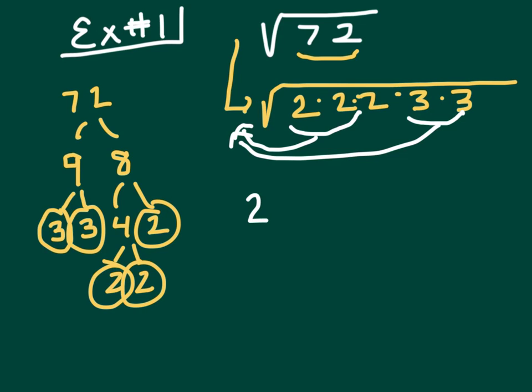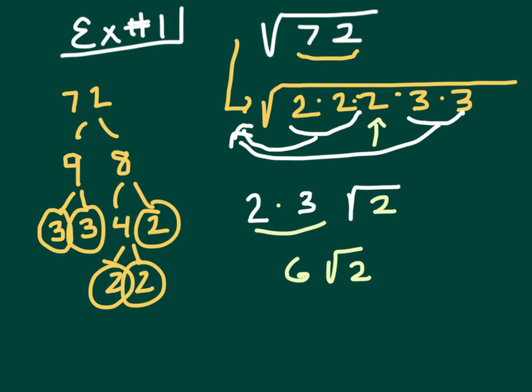So the 2 comes out, but notice how it's only one 2 because they've dressed up like each other, so they're kind of like twins on top of each other. And these two 3s come outside also. So what's left? The leftover is this little guy right there, the number 2. He still has to stay in jail because he doesn't have any disguises or friends to be able to dress up like each other. So my final answer is 2 times 3, which is 6, 6 times the square root of 2.